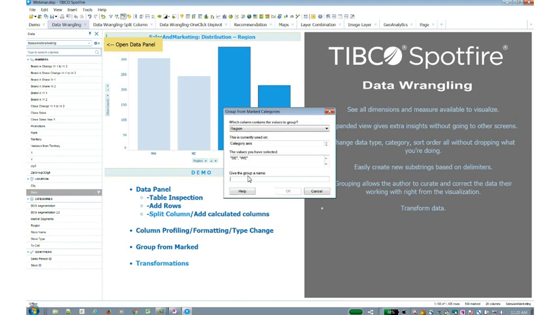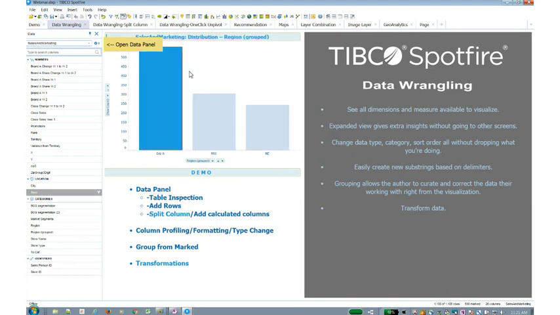If it's misspelled, you can correct them, group them together, and now that information has been grouped. And Spotfire has now actually created a formula in the background that if you replace the data, this will get recreated all on the fly.